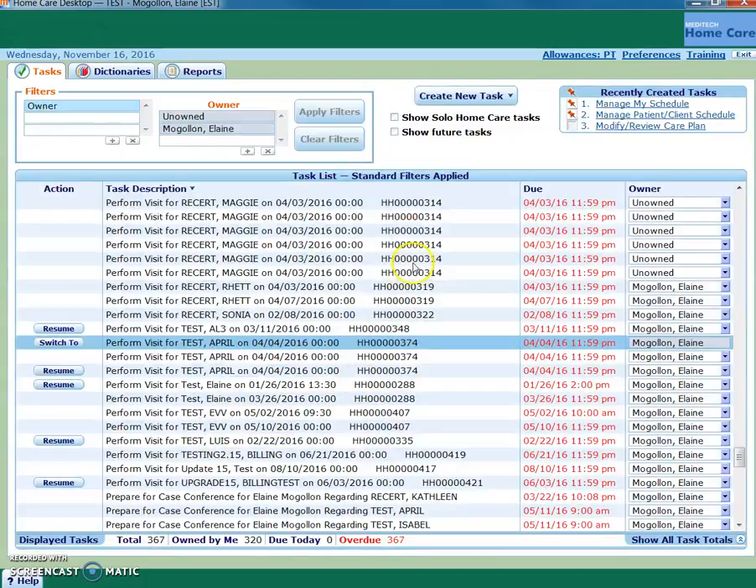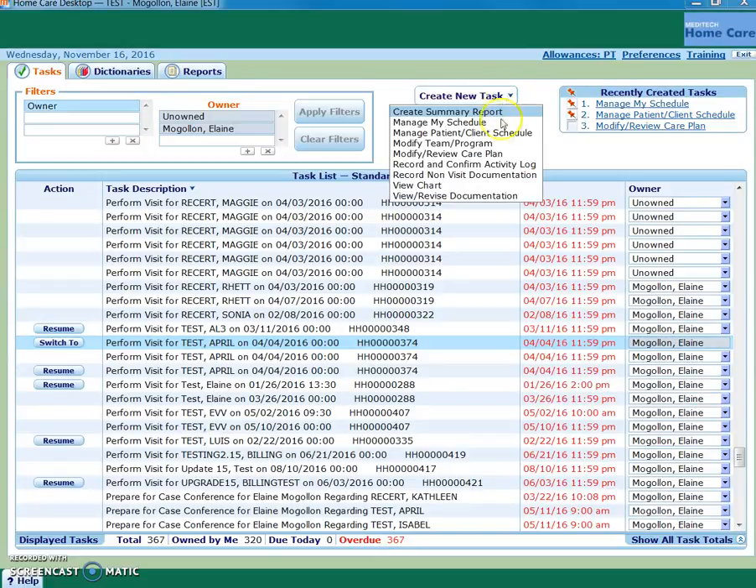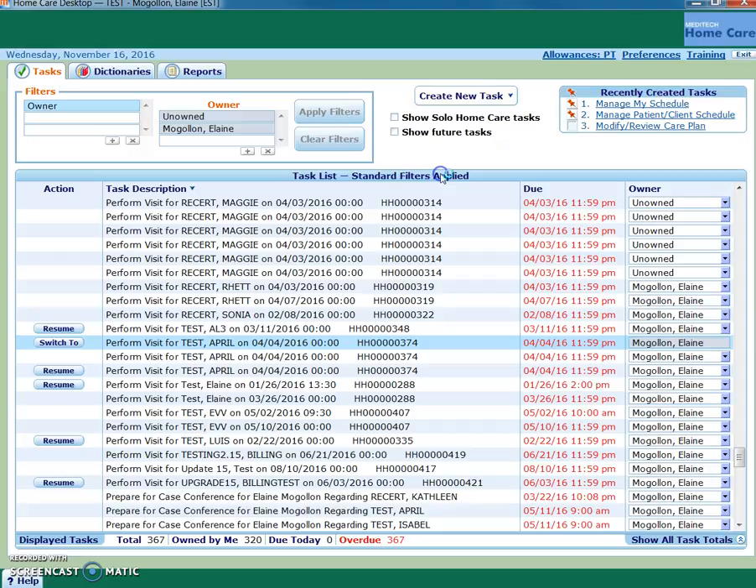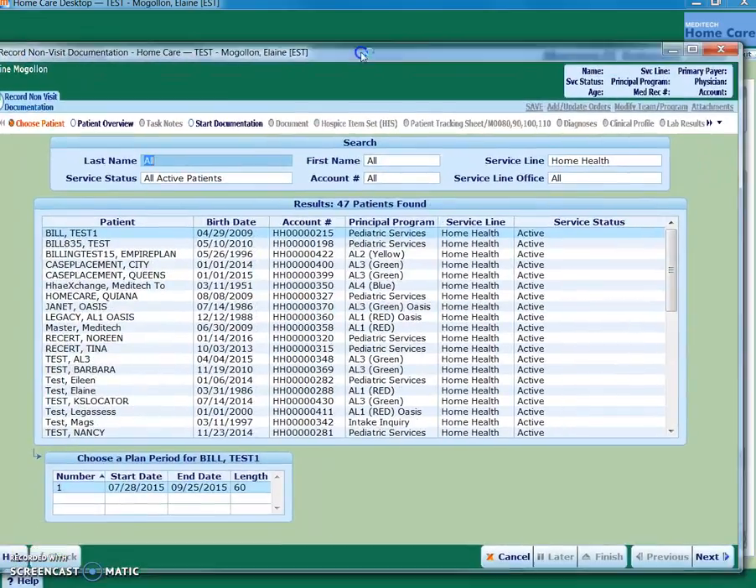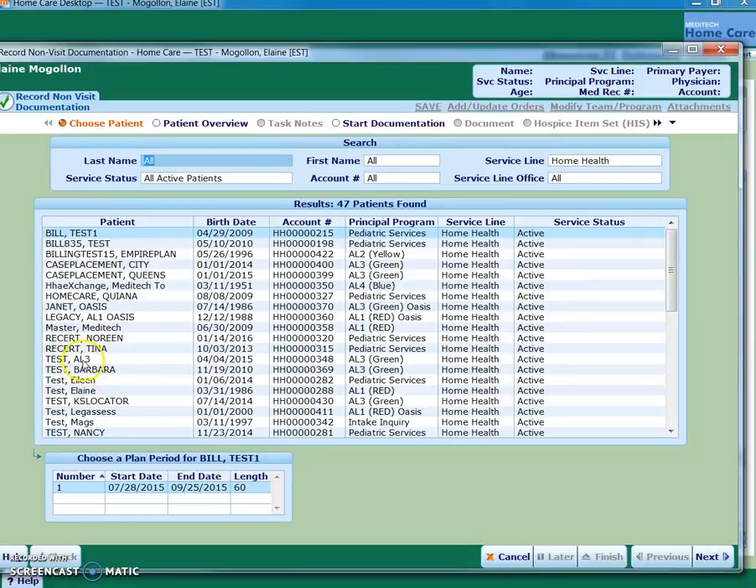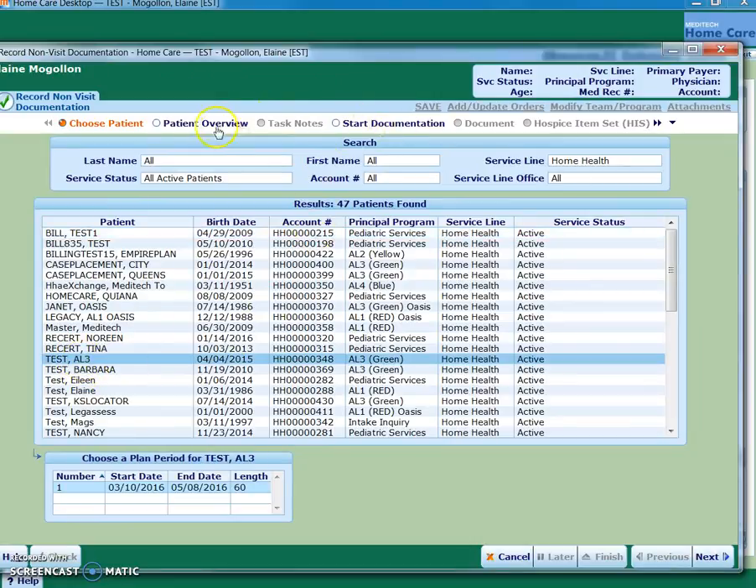The other way that you can document a communication outside of a visit, let's say that you find out that your patient is hospitalized, you communicate with the nurse in your team, but you want to document that. The way that you'll do that, you won't have a visit to document, obviously, since you're not seeing the patient. So you'll come up to create new task, record non-visit documentation. This task will open. You can choose your patient